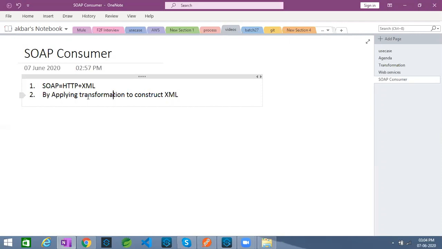So here I'm taking the help of Mule, which is going to transform my HTTP GET request, get the data from my SOAP service, and transform the data into plain text, or into a JSON format, right? So in today's session, we are going to look at how we consume a SOAP-based web service.